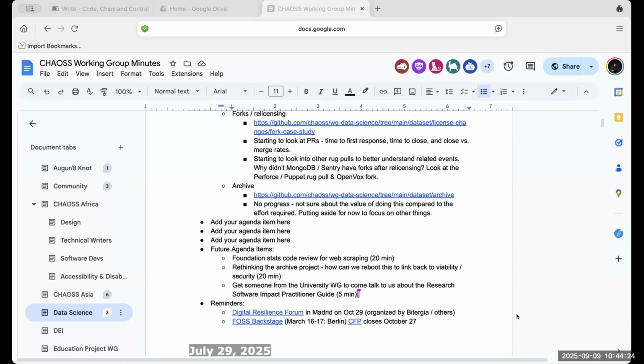The answer is no, which is perfect, because there's somebody working on this more on the Augur and 8Knot side who is asking for feedback. I have told them that this is the place to come for data analysis feedback, so I'm going to nudge them again to reach out. It's interesting what they're doing, and I would like them to present it here and get people's feedback from a data analysis standpoint.